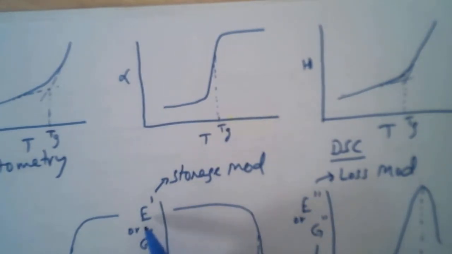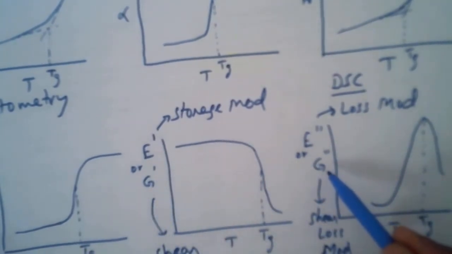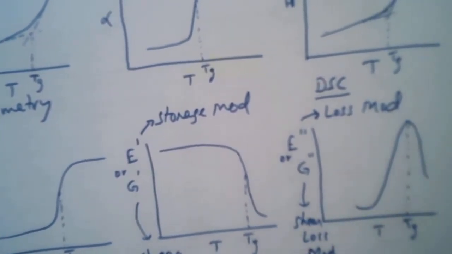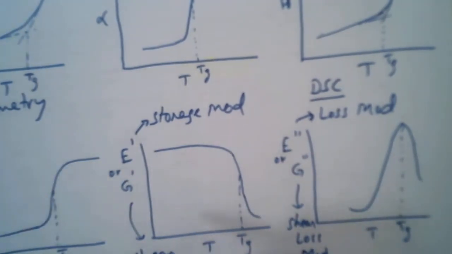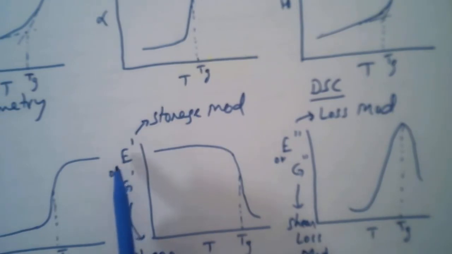But the storage modulus is in the case of dynamic loading. Similarly, G prime and G double prime are also obtained in the dynamic shear case. Okay, we'll come to that, but what I'm trying to show here is when you have this kind of